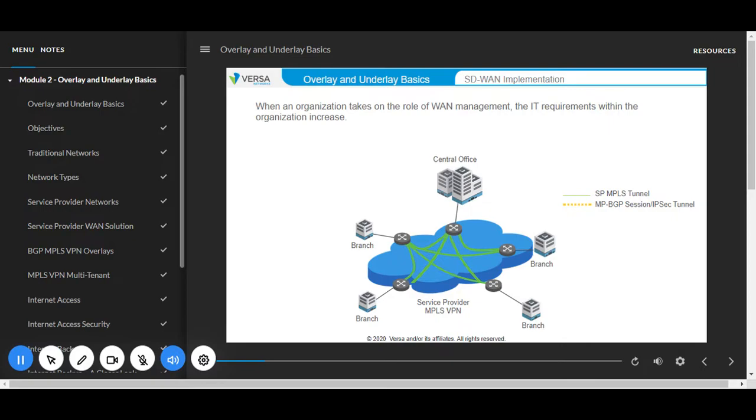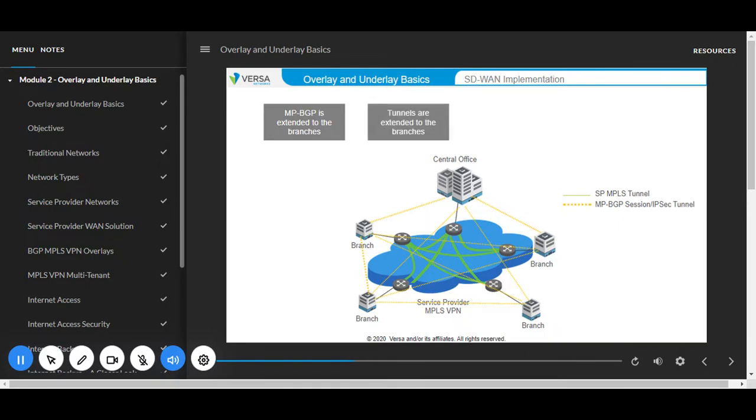The new role of the organization is to configure and manage another overlay over the top of the existing overlay and underlay networks and to extend a logical network into the sites themselves. This essentially extends the PE device from the service provider cloud to the corporate edge or CE device. From the perspective of the new overlay network, any circuit that connects to the site edge device is an underlay